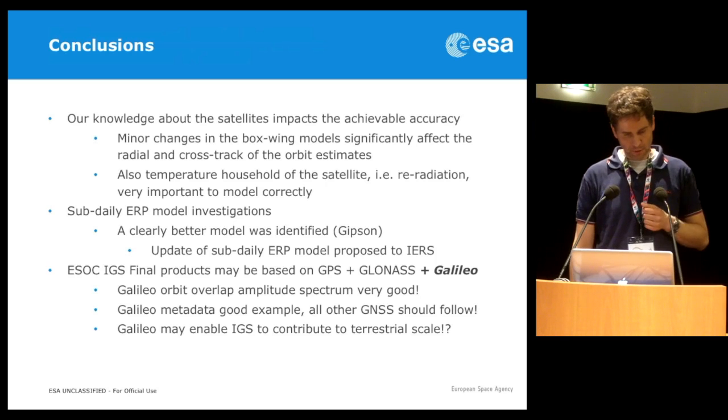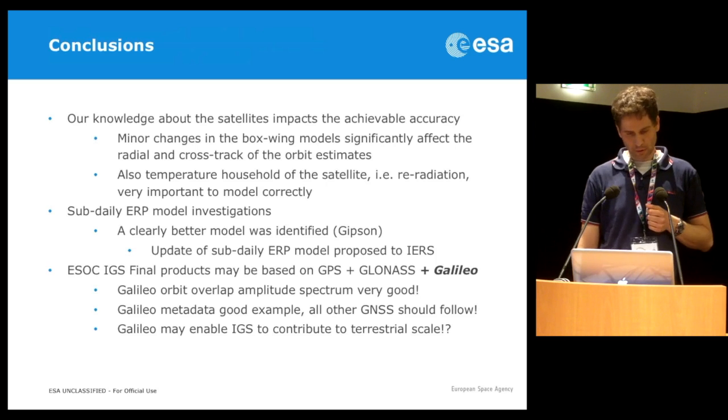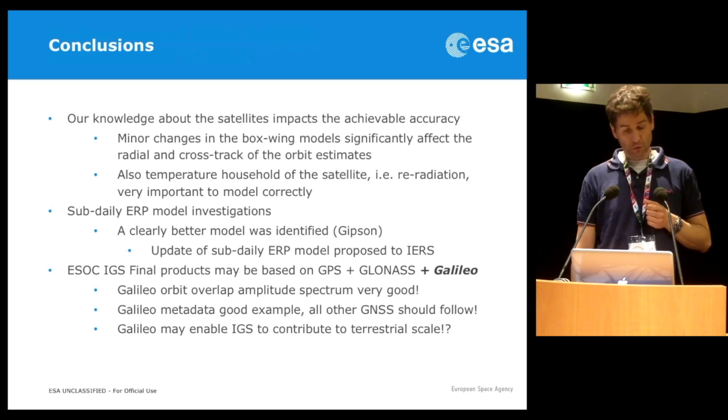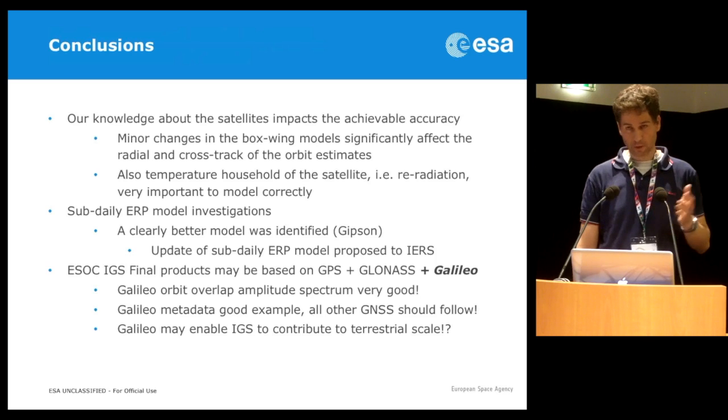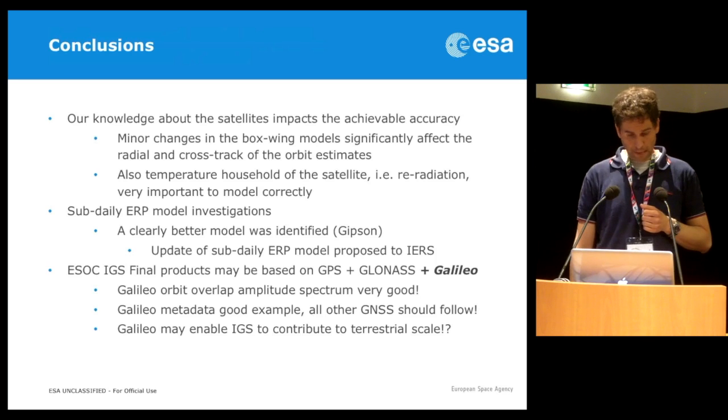We have done some sub-daily ERP model investigation, and it turned out that the Gibson model is much better than the standard IERS model. And finally, we hopefully soon intend to include Galileo into our operational IGS products, as we've seen that the overlaps are really excellent,